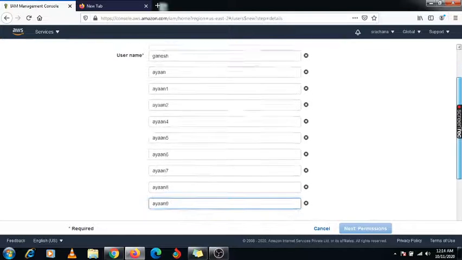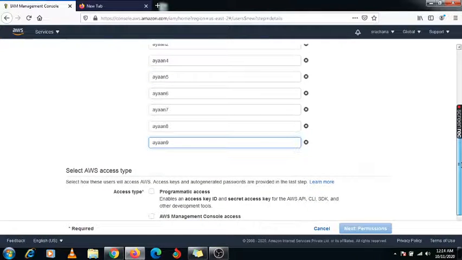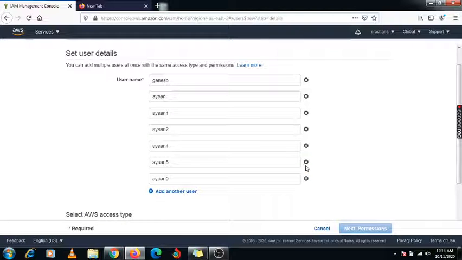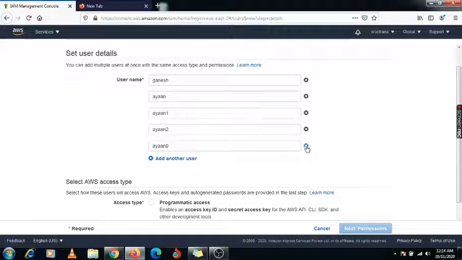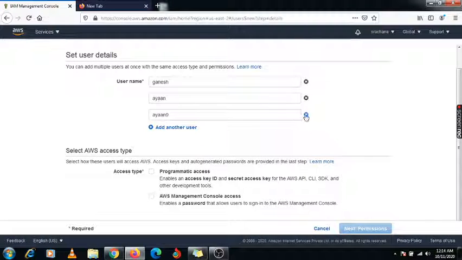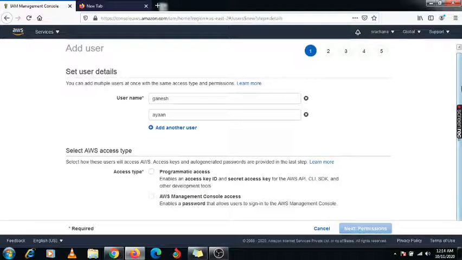This is the updated information, because previously we could add only 5 users at the same time. So now I am removing all the other users which I have created. At the same time we can create only 10 users.